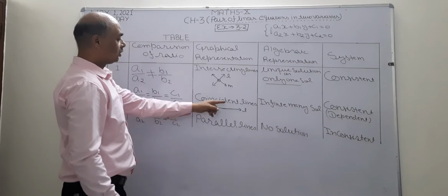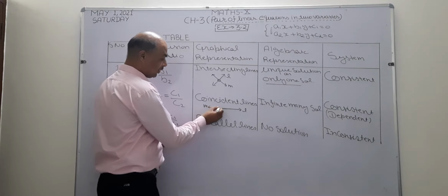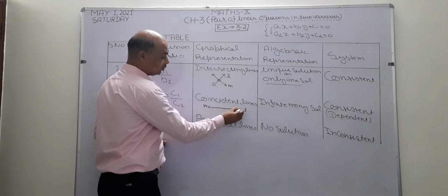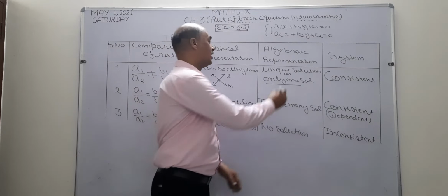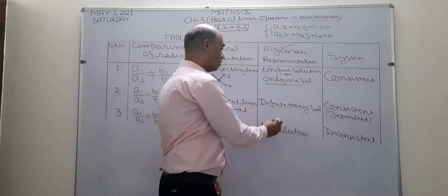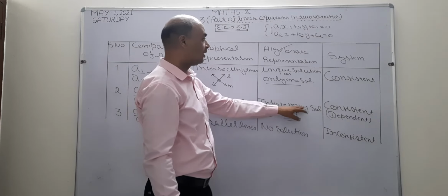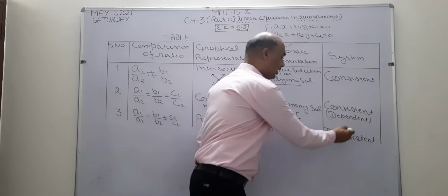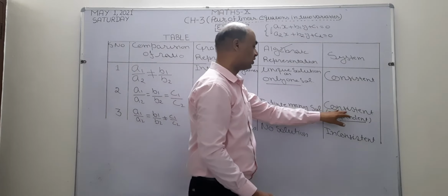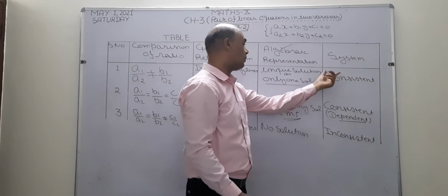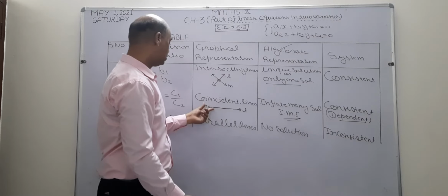Okay? When these two lines are coincident, then how many times do these lines intersect each other? See, infinitely many times. So many points are there. So how many solutions are there? It means such type of equations have infinitely many solutions. So algebraically they are known as infinitely many solutions, or in short we can write IMS. When solutions are there, then the system is known as consistent. What I write here, dependent. Dependent means these two lines are dependent on each other. So this is consistent with dependent, this is consistent with independent. When both the lines intersect only one time, it means they are independent. In this they are dependent.